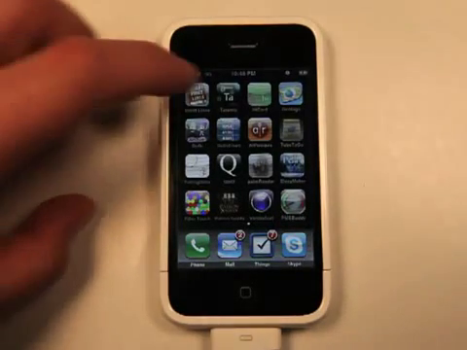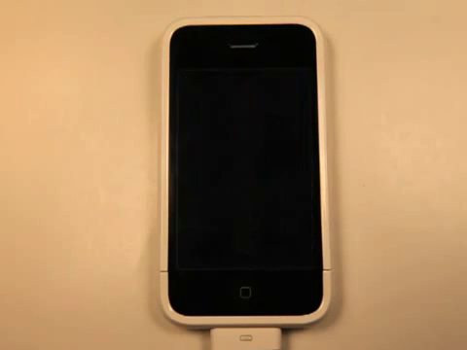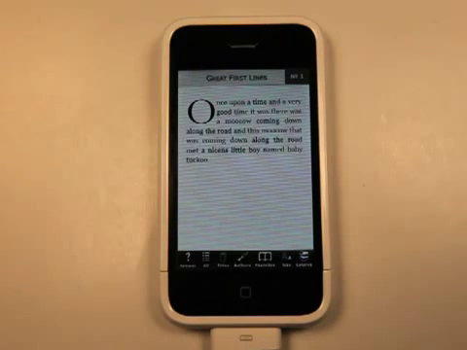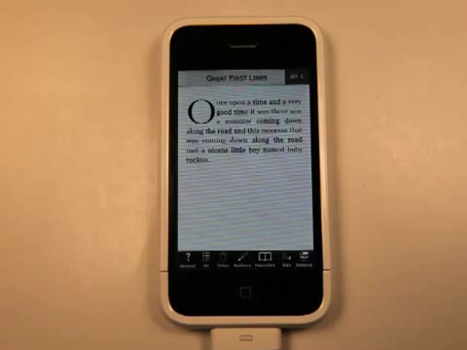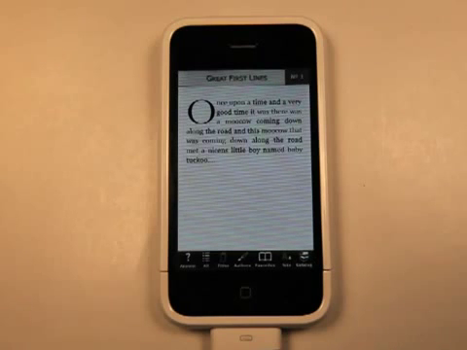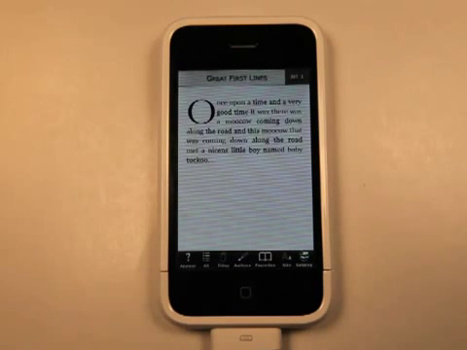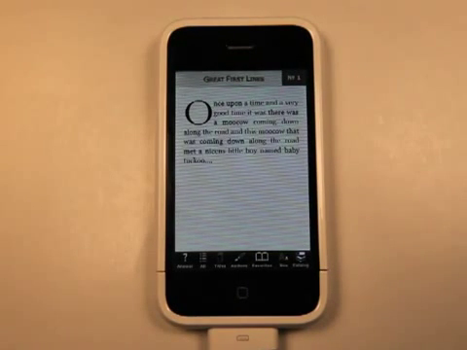We're going to take a look at Great First Lines, which isn't what you think based on the title. It's not a pickup line app at all. So once you start, there's a couple of pages at first that give you a little bit of an intro into the app, and then now we're looking at Great First Lines. Basically the premise of this app is that they're great first lines from the beginnings of books or poems or different things.